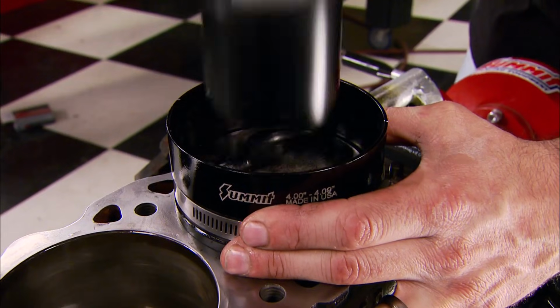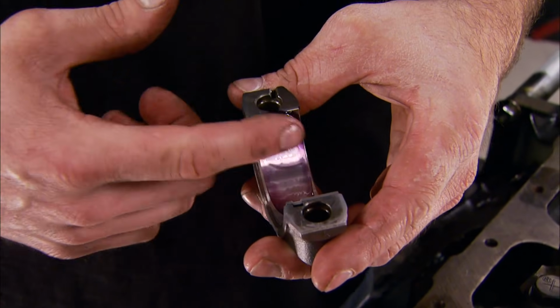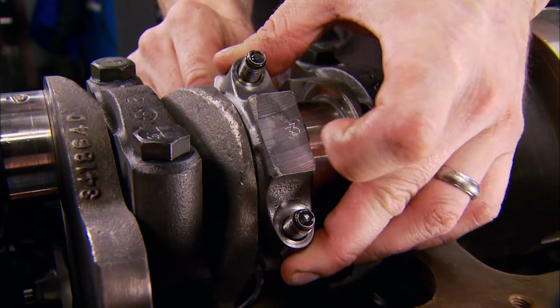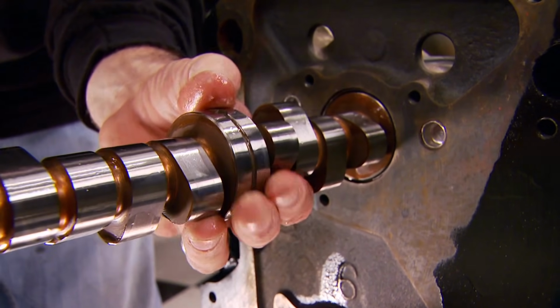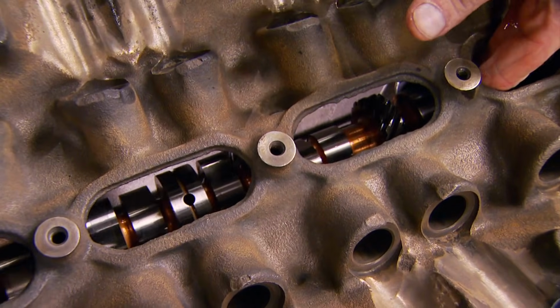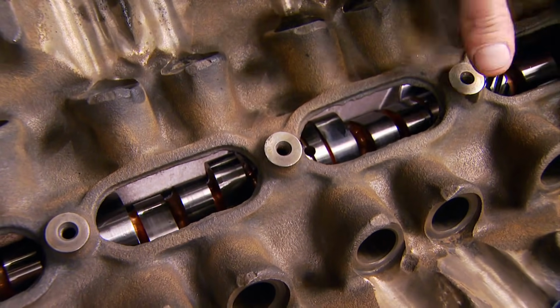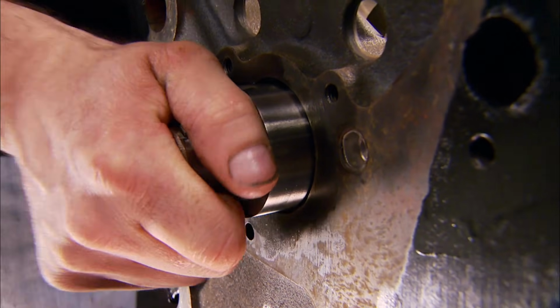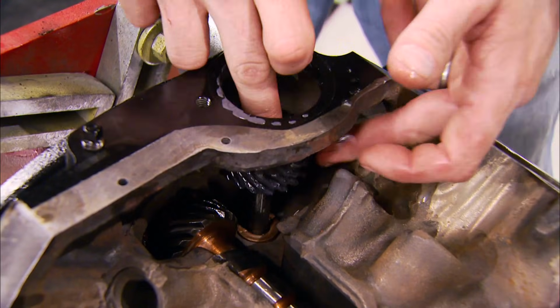We opted to use the pistons again and even the rings. The rods, however, get brand new bearings before we install the assemblies into the block. Now we discovered the second-hand solid roller cam came from Comp, and they told us it's got a duration of 230 on the intake, 236 on the exhaust at 50 thousandths. Now the lift comes in on the intake at 553, 565 on the exhaust, which makes it a pretty stout